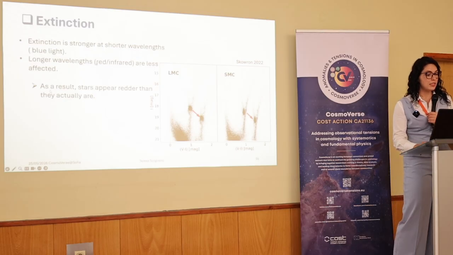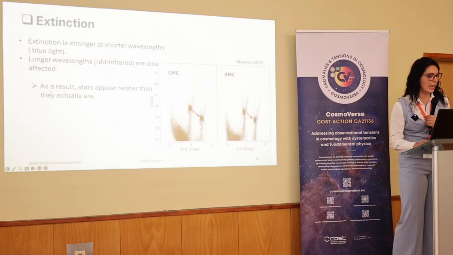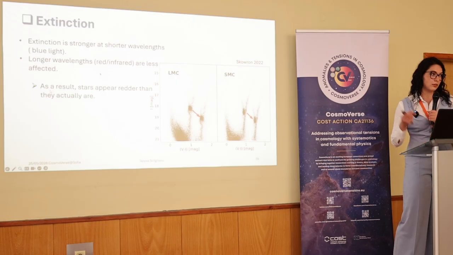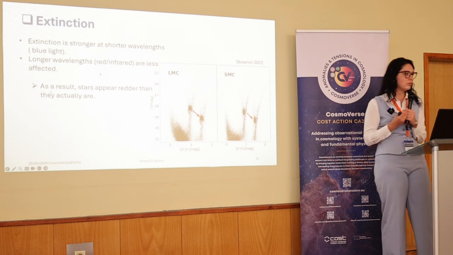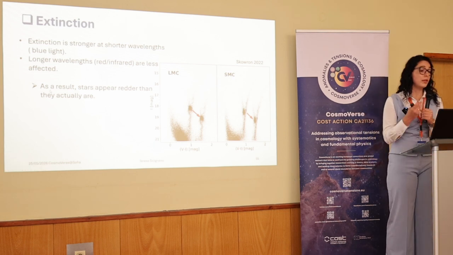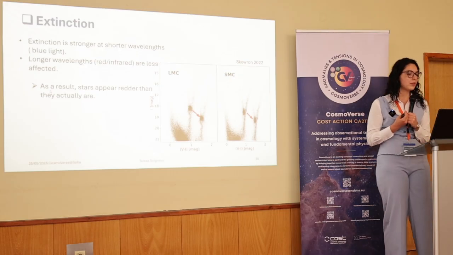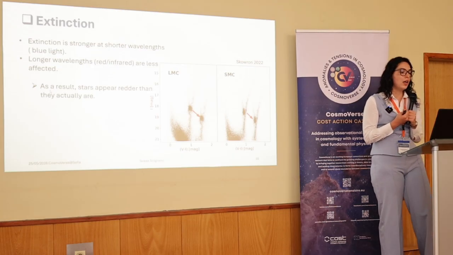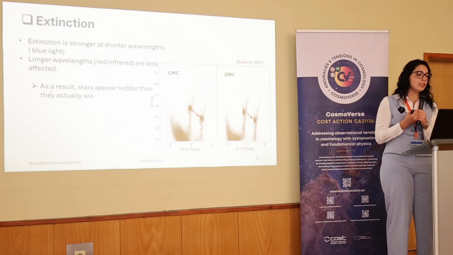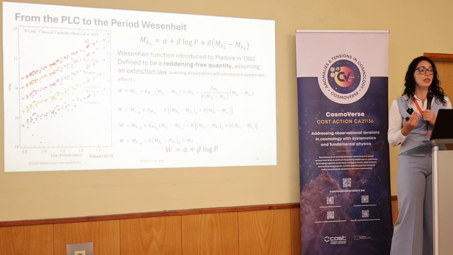What happens is that this is the observed tip of the red giant branch in the LMC and SMC, and indeed this is the truest one when we take into account extinction correction. So, given an extinction law, we need to take into account what's happening to the light when it's traveling to us. To take this problem into account, astronomers at the end of last century